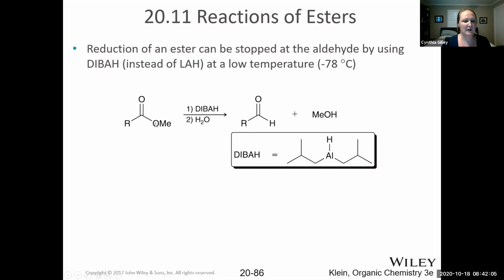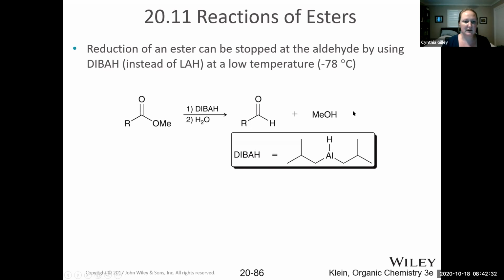Again, that aluminum coordinates to both oxygens to deliver the hydride. This reaction only really works well if you keep the reaction temperature very low, like in an acetone dry ice bath, which generates a temperature of -78 degrees Celsius. If you're able to keep the reaction temperature very low, aldehydes can be produced and it will stop at this